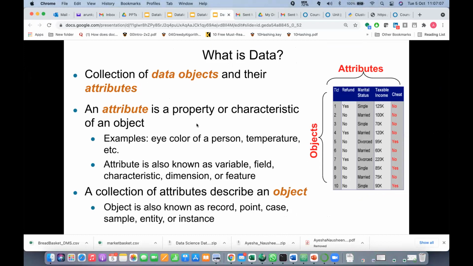So today we discuss what is data and how we pre-process this data to apply some data mining algorithms. First of all, we need to understand what is data. Data is a collection of data objects and attributes. If you see the right side, there is one data set given here that has 10 objects